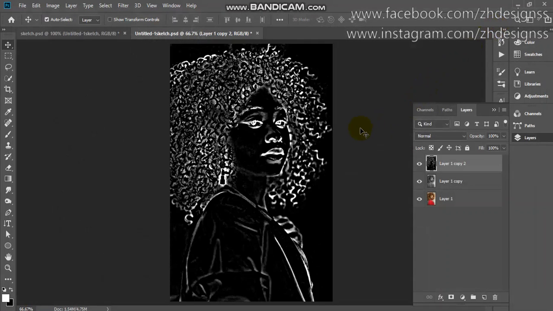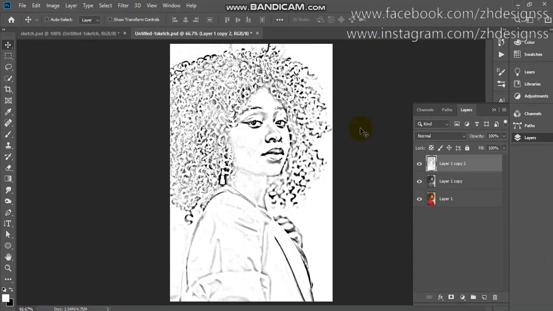Click OK. Now it has turned your blacks to whites and whites to blacks. To fix this, press Control I or Command I on your keyboard. It doesn't look much better, but it gives you a sketch look.